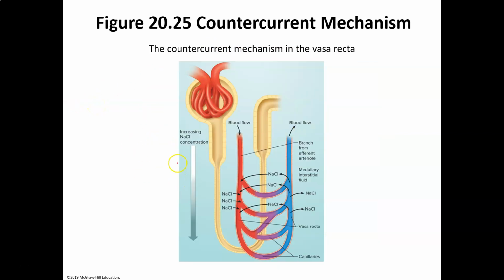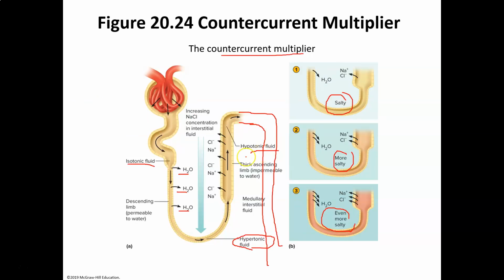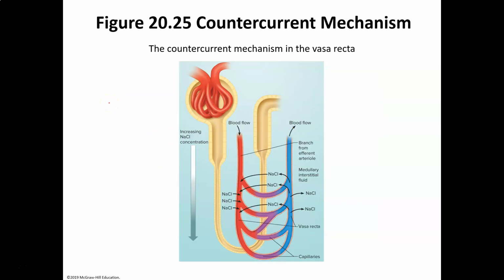All right, so here it is again. Now, here we don't have any blood vessels. We're not showing you what's happening to the blood vessels. We're just showing you what's happening in the tube. You make this super salty solution at the bottom of the tube, of the loop of Henle, and then you make it less salty by the time you get back out of that. All right, so what? Now, if you put blood vessels in there,